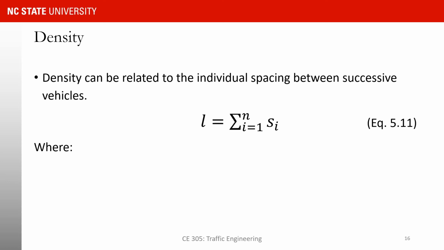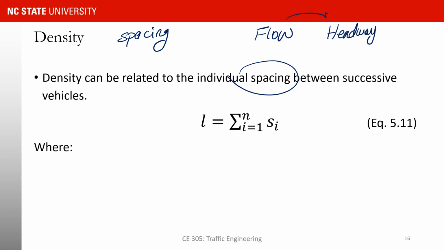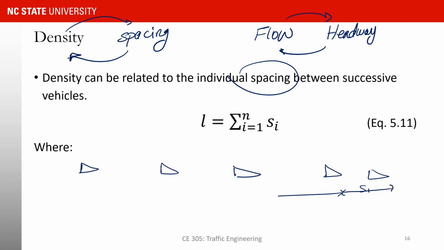So density could be related also to spacing. So if you remember, we could relate flow to headway and vice versa. So we can relate density to spacing and spacing back to density, very similar to what we did for headway, because spacing is just the distance between front bumper of consecutive vehicles, right? So this is going to be my S1, this is going to be S2, S3,